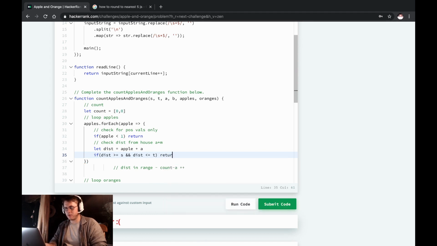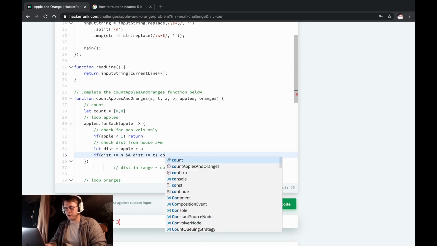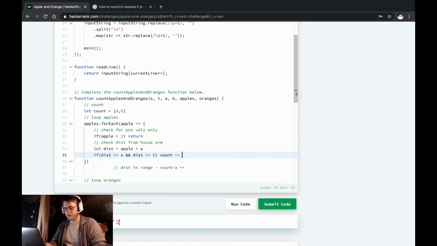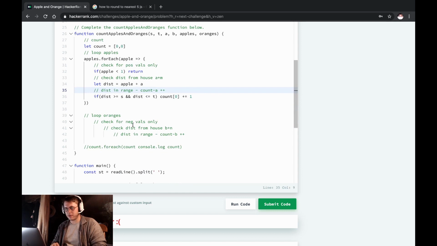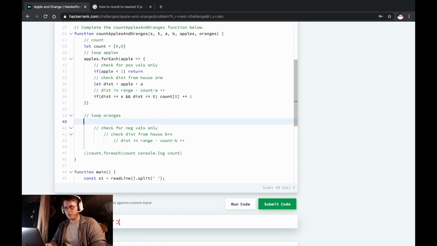then we would count plus equals, and this will actually be count O plus equals 1. Alright, that's pretty much all of that. And then the same thing for this one, loop oranges. We say oranges dot forEach